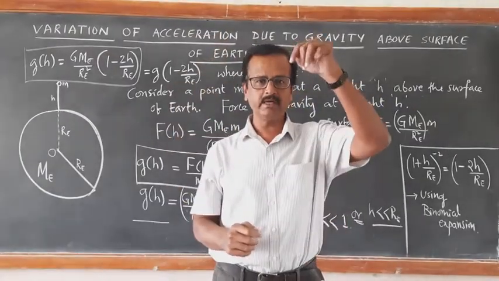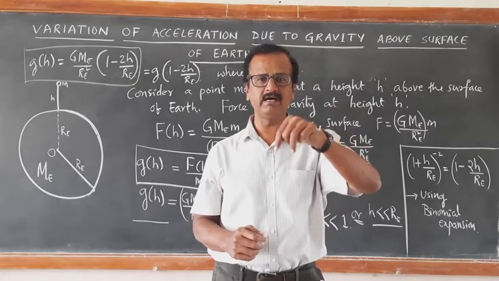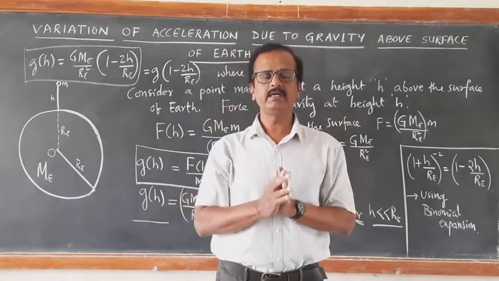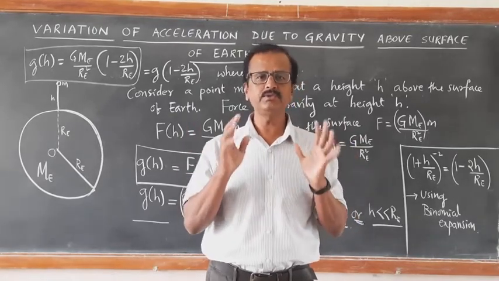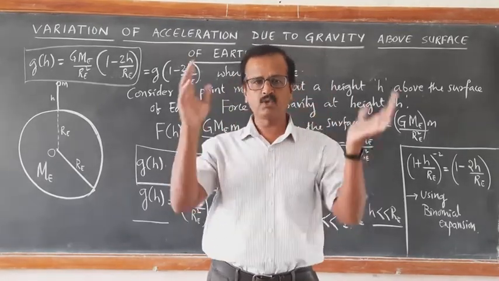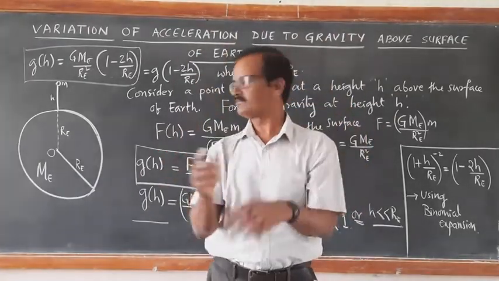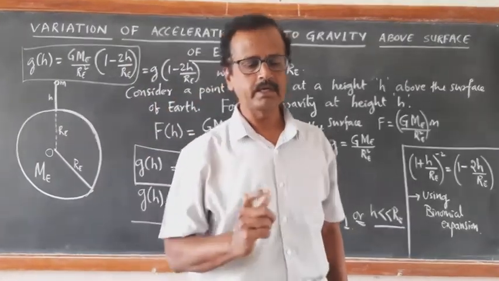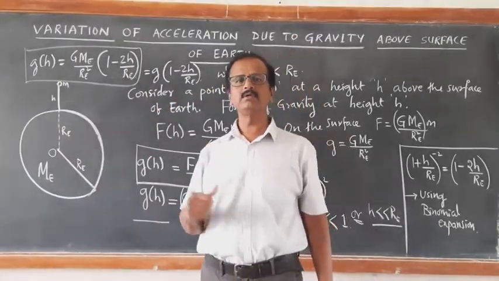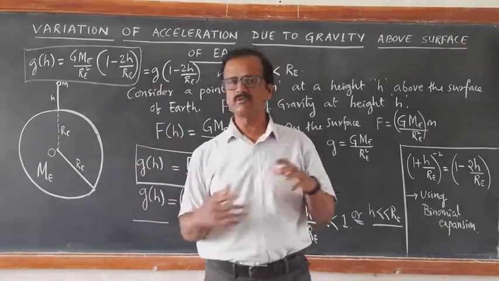As you go to higher altitudes, the force of gravitation decreases. As you go to more and more depth below the surface of the Earth, the acceleration due to gravity again goes on decreasing. This is a very interesting fact and you need to remember it. The force of gravitation is maximum only on the surface of the Earth. Now we'll solve some numerical problems based on this so that these two equations will become familiar.